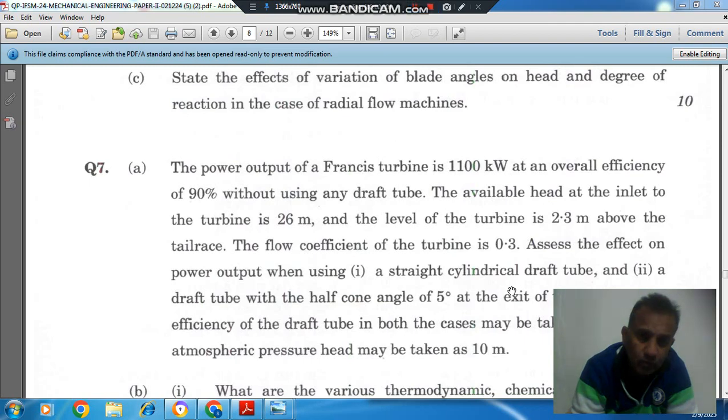Solving Indian Forest Services Mechanical Engineering Paper 2 of year 2024. Question number 7A: the power output of a Francis turbine is 1100 kilowatt at an overall efficiency of 90%